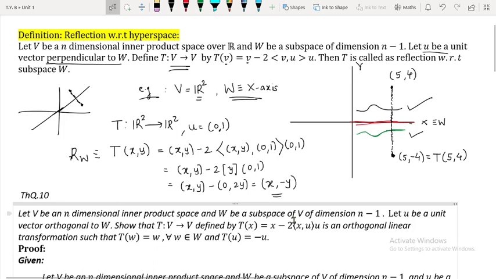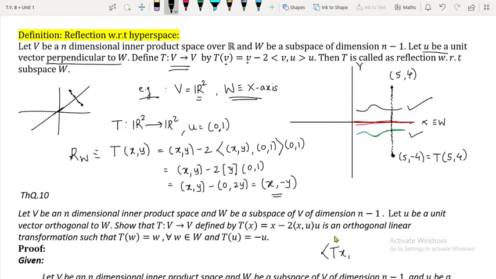So first of all, what we will do is, we are going to show that T is an orthogonal linear transformation, and then we will show that T satisfies these two conditions. But what is the definition of OLT? A linear transformation is said to be an OLT if it preserves the inner product, right? This is the definition. So first of all, we will show T is a linear transformation, and then we will show that it preserves inner product. It preserves inner product in the sense what? It satisfies this condition: inner product of Tx, Ty is equal to inner product of x with y. I hope you are getting it.